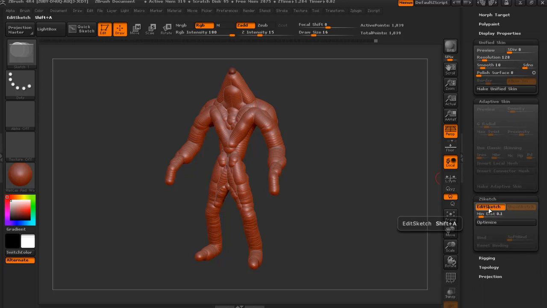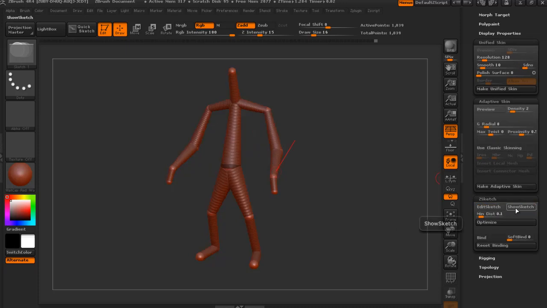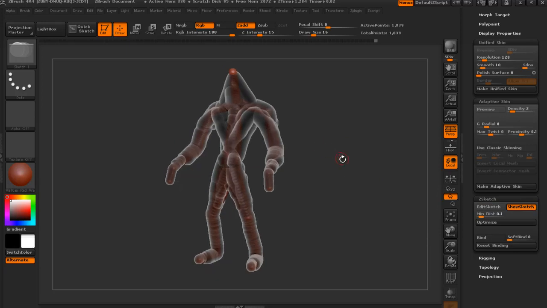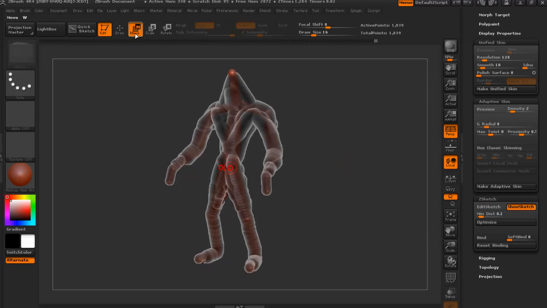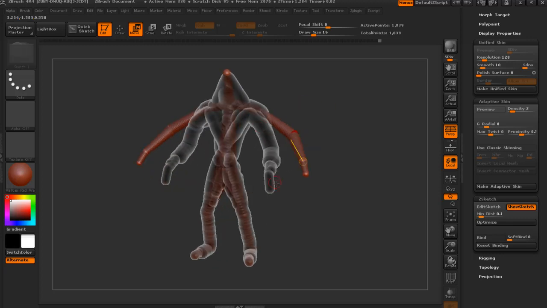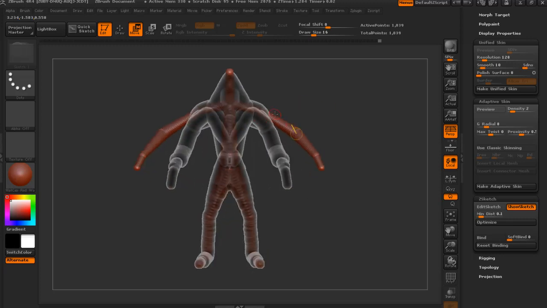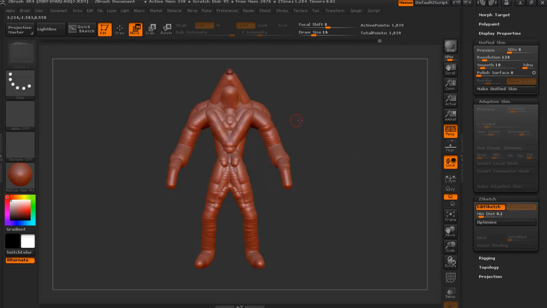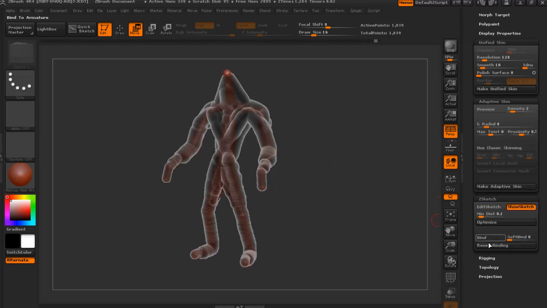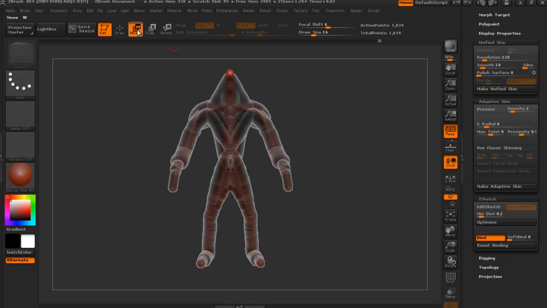If we turn off Edit Sketch and press Show Sketch, we now see ZSpheres in something like X-ray mode. We hit Move, and as you see, our ZSpheres stay in place, but our armature is moving. And to change this, we hit the Bind button, and now if we move our arms,